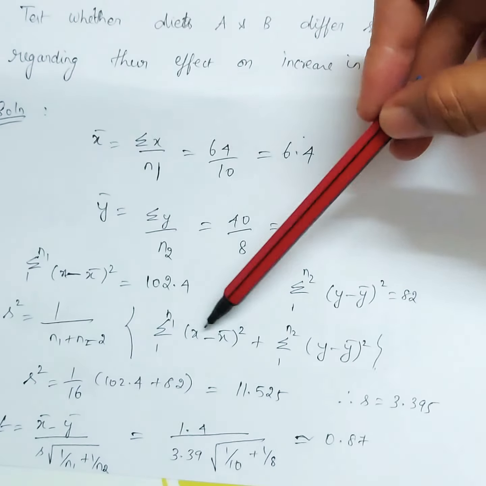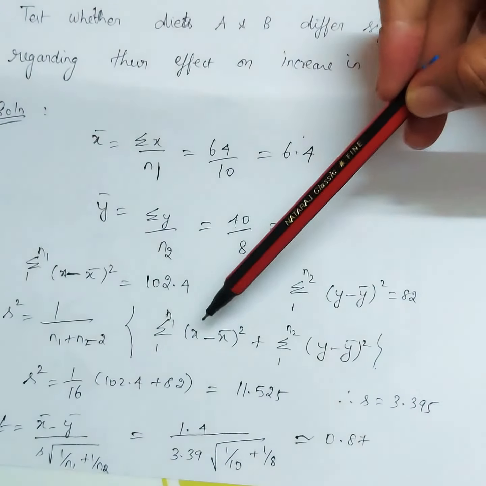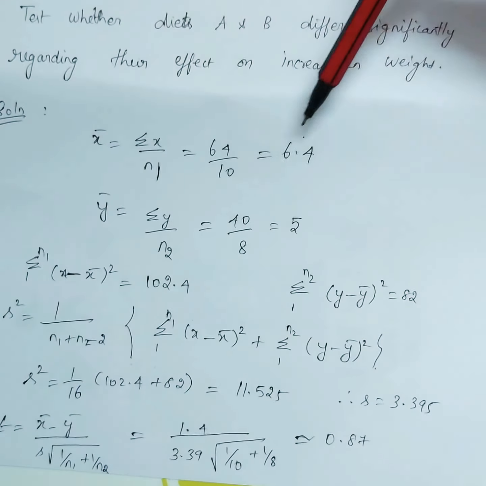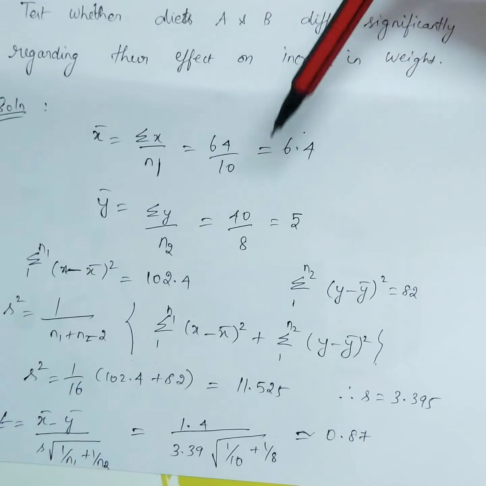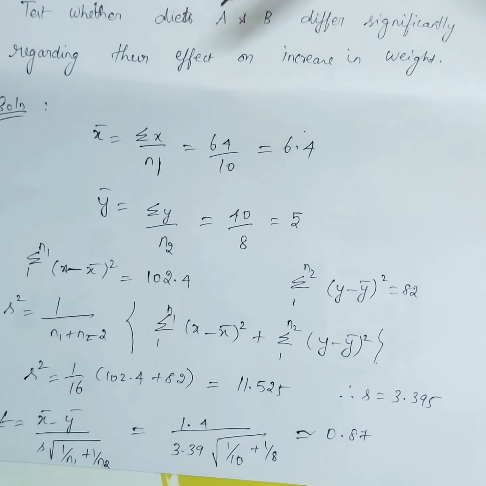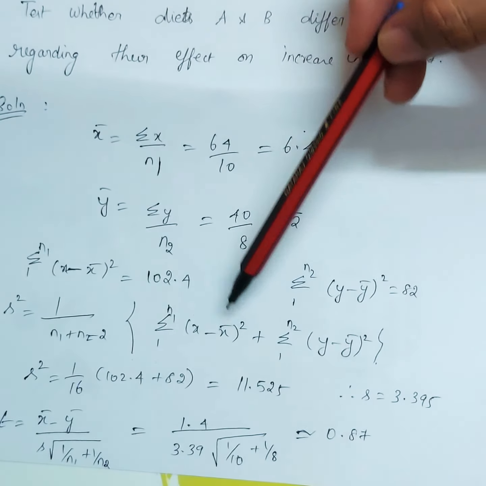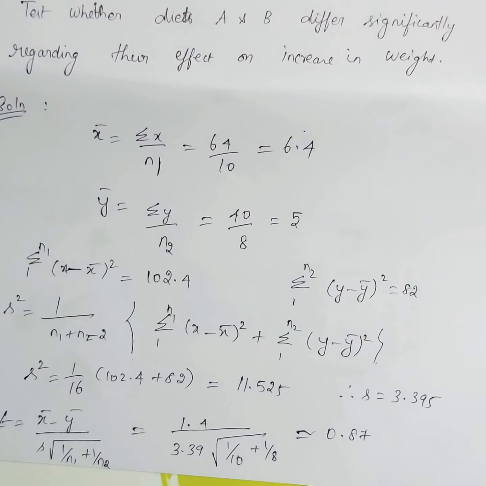Okay. X minus x bar the whole square, how will we find it? I have already told you. The value of x, first row value, 5 minus x bar value 6.4 the whole square, plus 6 minus 6.4 the whole square, plus, like that you will write all the values, each and every value. What is the last value? 10 minus x bar is 6.4 the whole square, plus